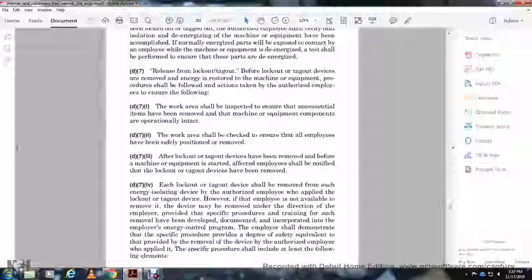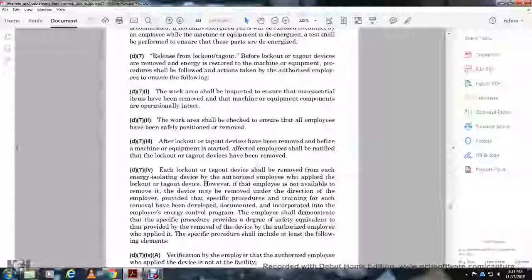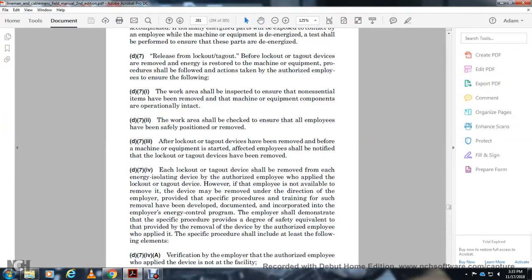Before the equipment is started, the affected employees shall be notified that the lockout and tagout devices have been removed. Each lockout and tagout device should be removed from each energy isolating device by the authorized employee who applied the lockout or tagout device. However, if that employee is not available to remove the device, it may be removed under the direction of the employer,